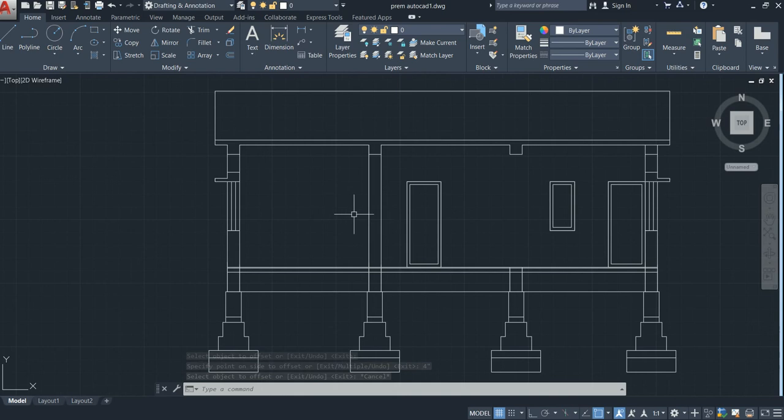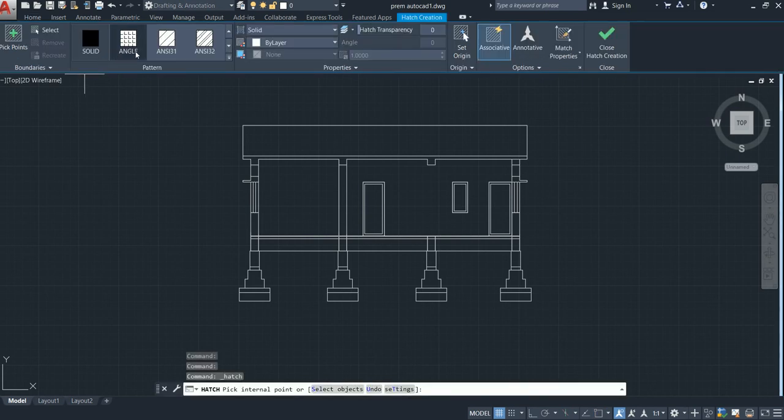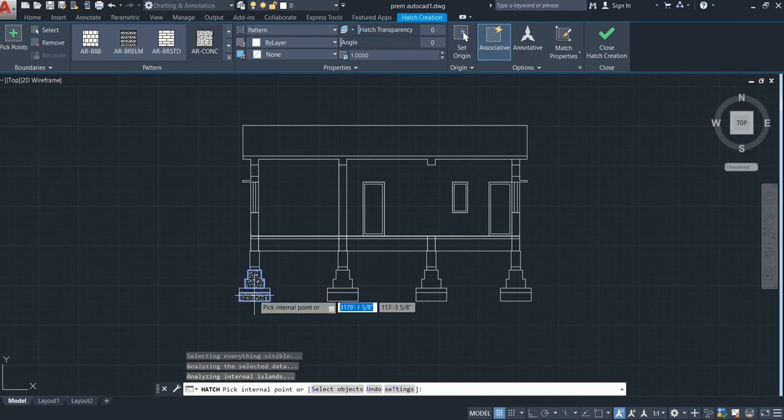If you have completed this, go for color, meaning hatch. Hatch is most important. If your drawing is good, it makes your client more attracted. Go for AR concrete. For this, click it. Now select all of this.